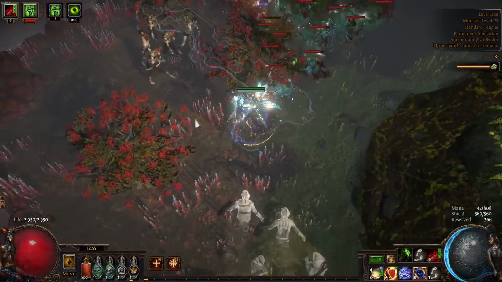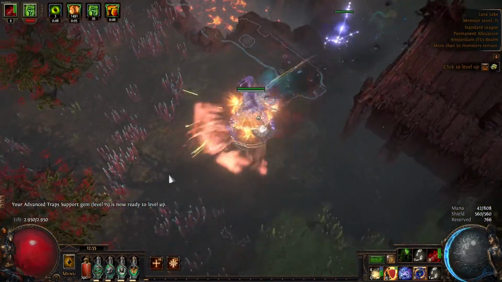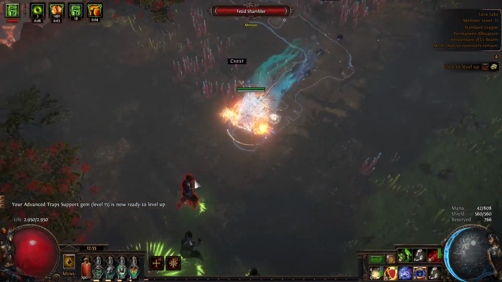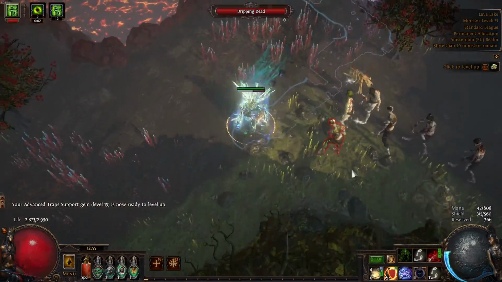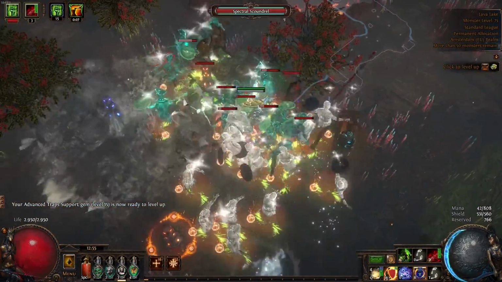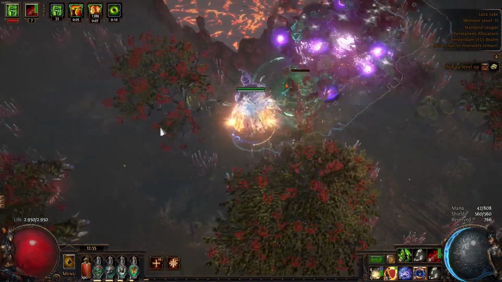You just need to be a bit careful with not charging into the packs too much, right? Since you're not that tanky, you might want to use your buffs a bit, right? Keep Malevolence up. Just make a bit of an effort towards this. And then, yeah, roughly your